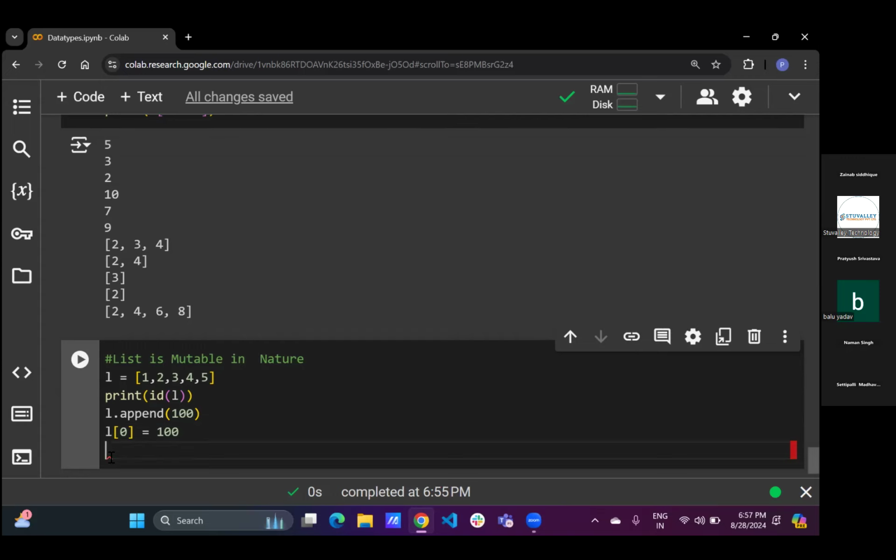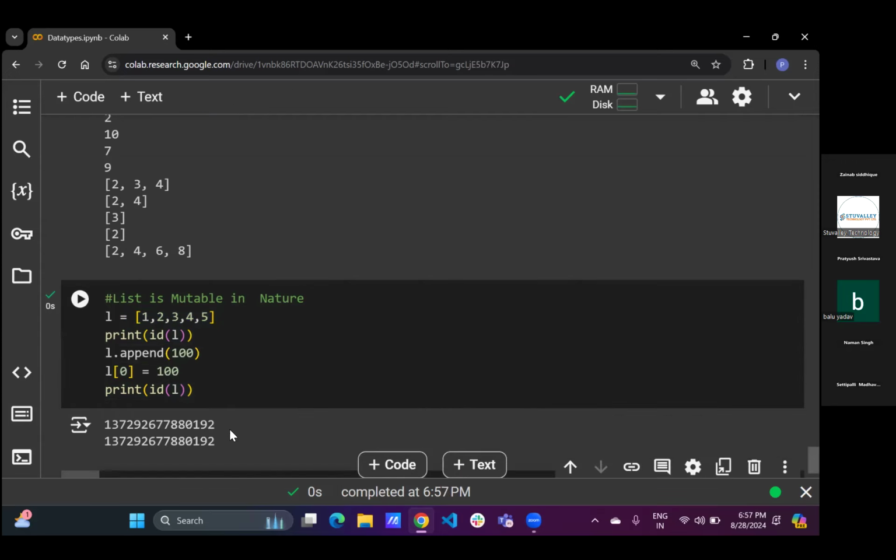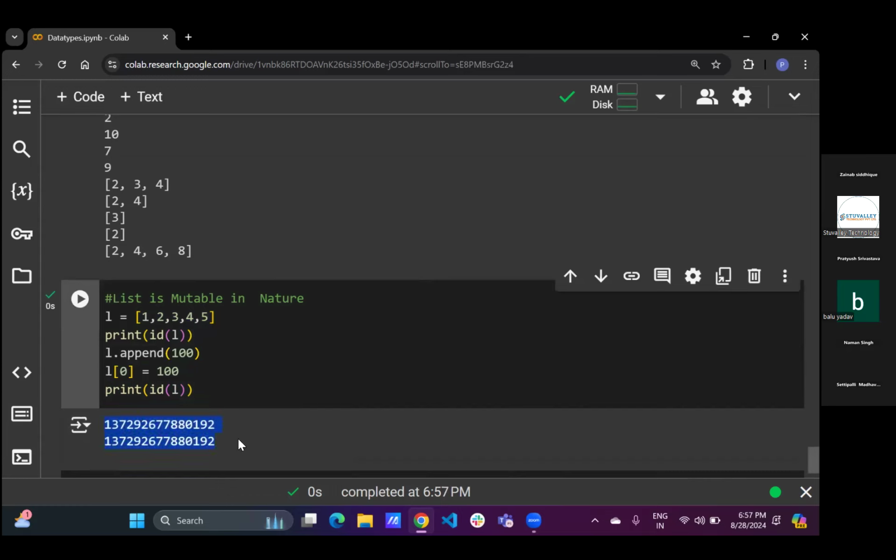ठीक है, अब आफ्टर मॉडिफिकेशन मैं क्या करूंगा? मैं फिर मेमोरी लोकेशन चेक करूँ। तो अगर ये दो मेमोरी लोकेशन सेम आती है, इसका मतलब क्या होगा? इसका मतलब ये है कि जो भी ये चेंज मैं कर रहा हूं वो चेंज इस ओरिजिनल लिस्ट के अंदर हो रहा है। दैट मीन जो हमने ओरिजिनल लिस्ट बनाई है वो चेंजेबल इन नेचर। ठीक है, लेट मी रन। देखो, देखो दोनों के मेमोरी लोकेशन सेम है। इसका क्या मतलब है? इसका मतलब है कि हम जो भी यहाँ पे चेंज कर रहे हैं वो सारे चेंज हमारे कहाँ पे हो रहे हैं? वो सारे चेंज हमारे इस ओरिजिनल लिस्ट के अंदर हो रहे हैं। इसी का मतलब होता है म्यूटेबल।